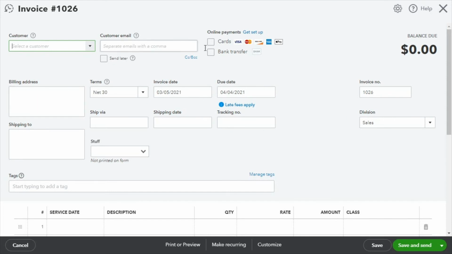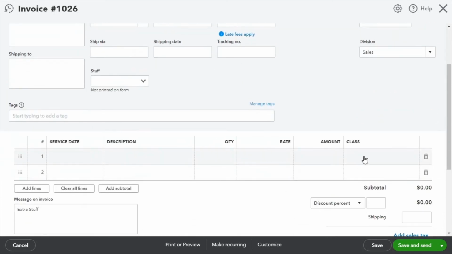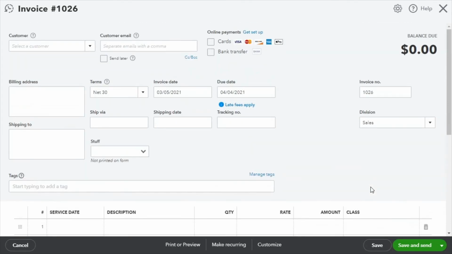But basically, when we look at this transaction, I actually have my location set up as divisions. I've decided to call them divisions in here. So I can see here my different divisions that I have in the system, right? Then down below, I have my classes on the line level. So something that is important to note is that location sits at the top of the transaction and will apply to all lines.